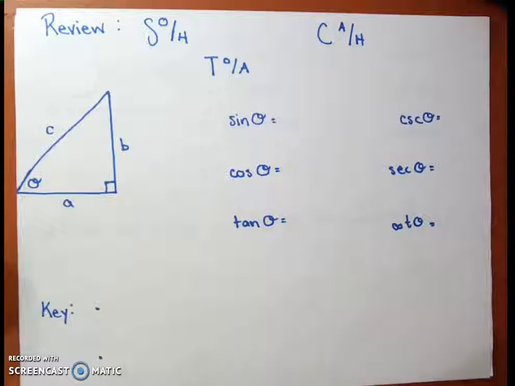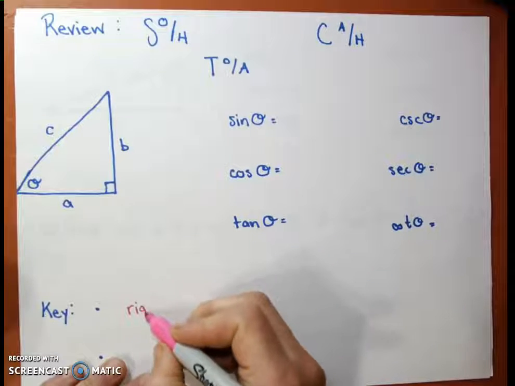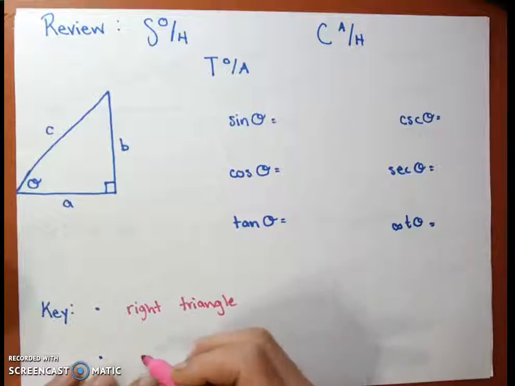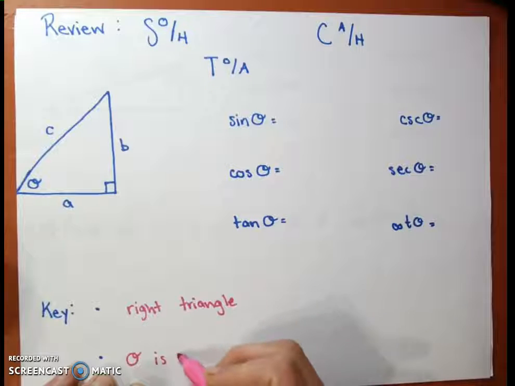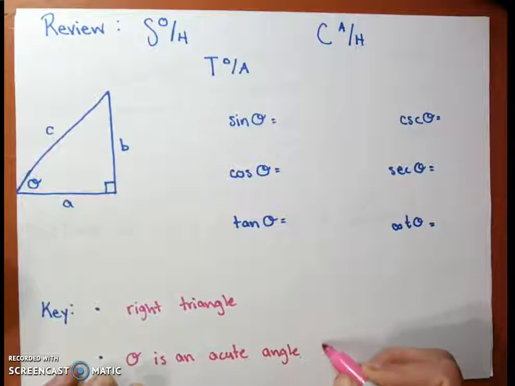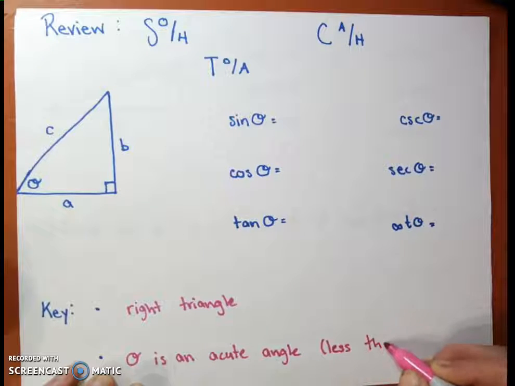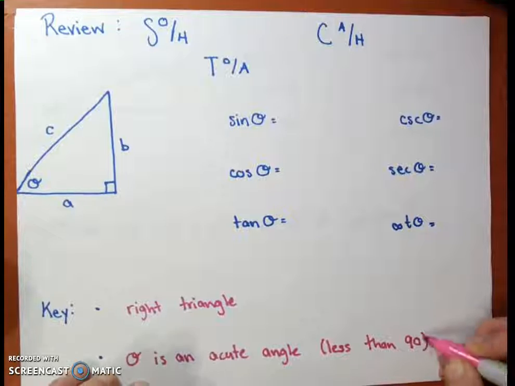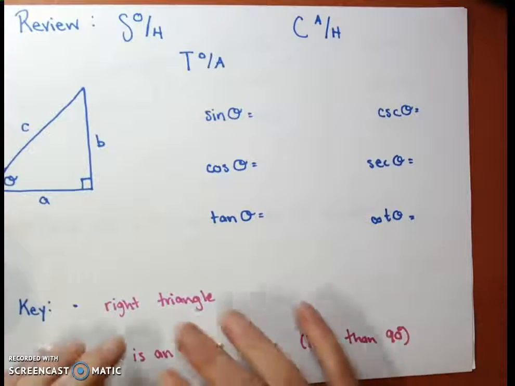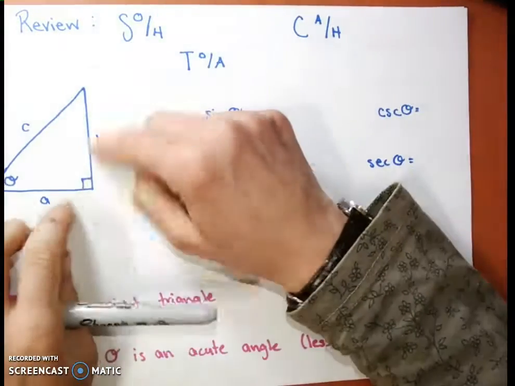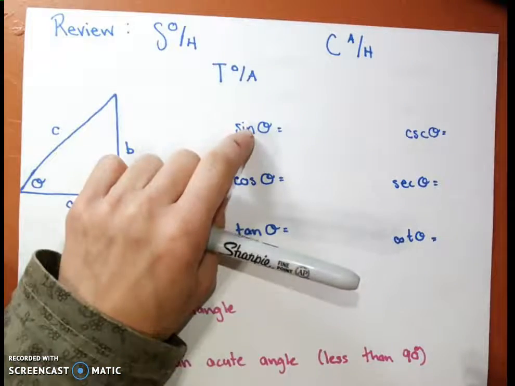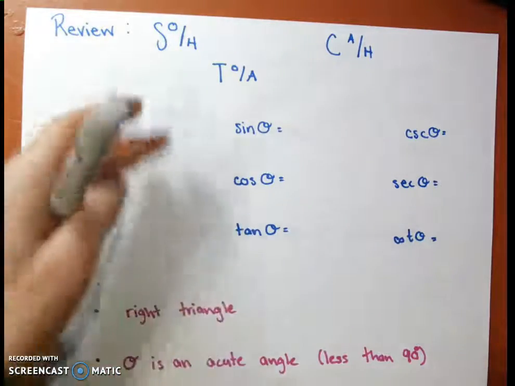And the key here is that, first of all, we have a right triangle and theta is an acute angle, meaning it's less than 90 degrees. So theta will always be less than 90 degrees if we're dealing with a right triangle, because if I have one right angle, the other two are smaller. Okay, so now let's define these functions, sine of theta, cosine of theta, and tangent of theta in the given